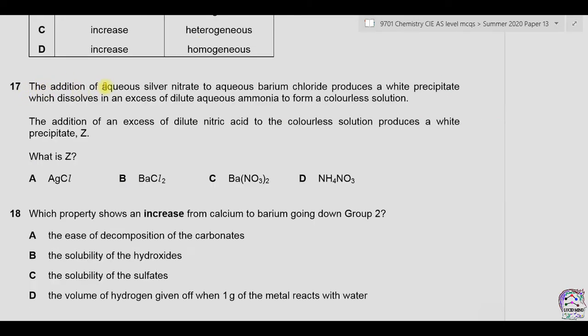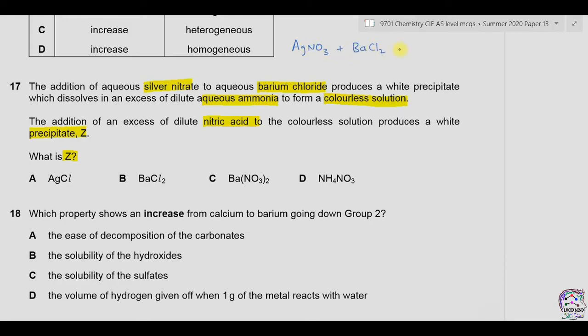Question 17. The addition of aqueous silver nitrate to aqueous barium chloride produces a white precipitate which dissolves in an excess of dilute aqueous ammonia to form a colorless solution. The addition of an excess of dilute nitric acid to the colorless solution produces a white precipitate Z. What is Z? Now let's write the first chemical equation. We have silver nitrate and it reacts with barium chloride. So AgNO3 plus barium chloride